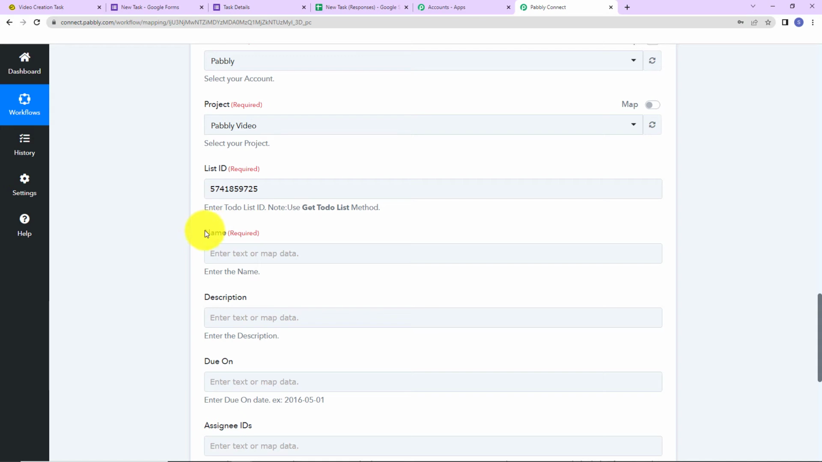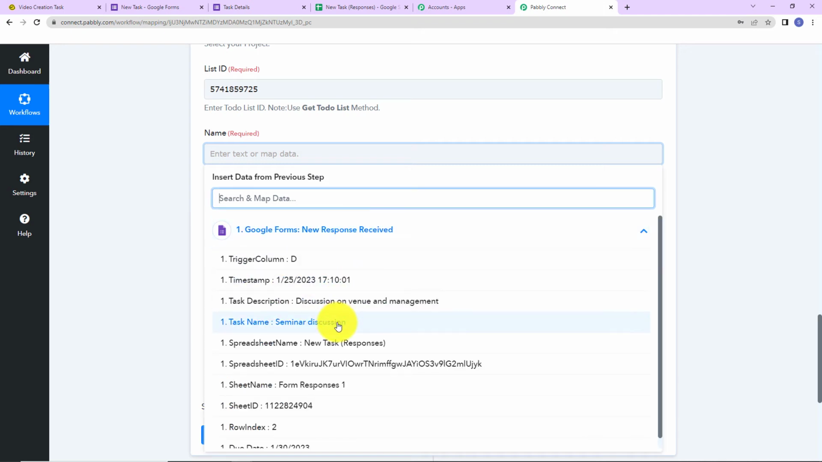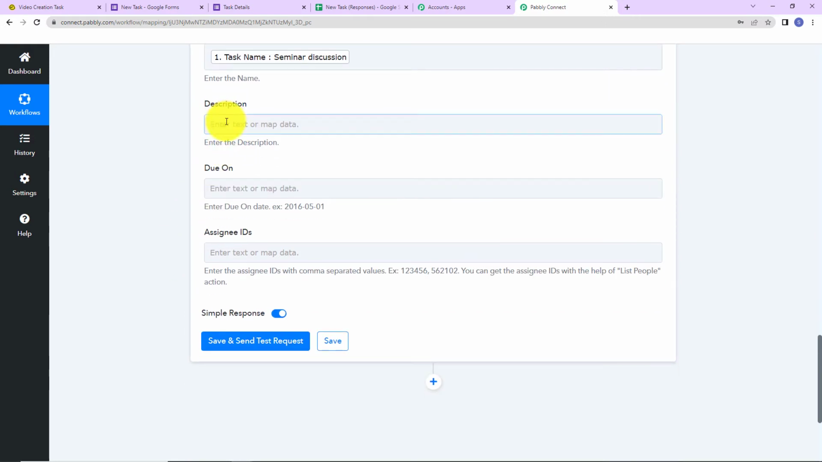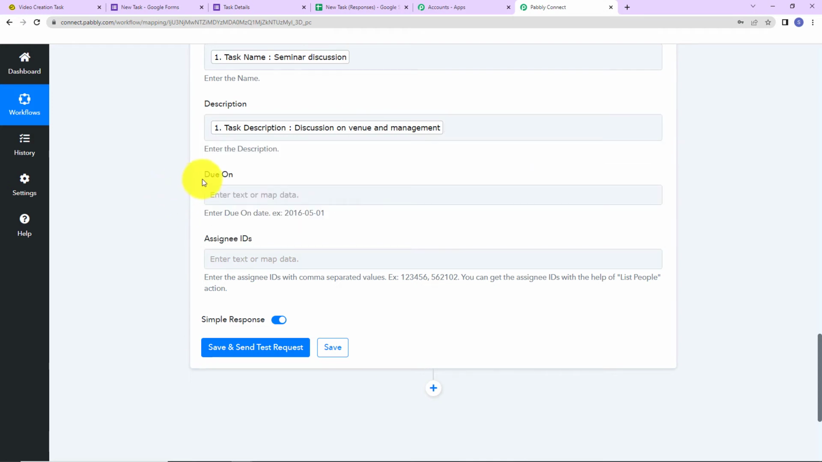So here the name of the task we are going to map. How do we do that? As I click on this, it is going to show me the previous step, and then this here is the task name. Then comes the description. So I'm going to click on this, and this here is the description. Then we have the due date. It is due on, but here you can see that we have to fill in the data in this format,